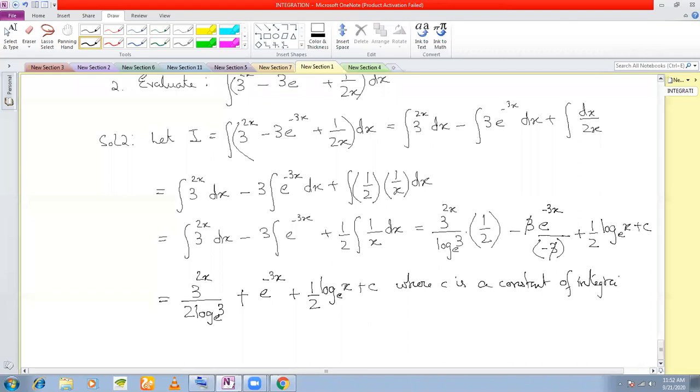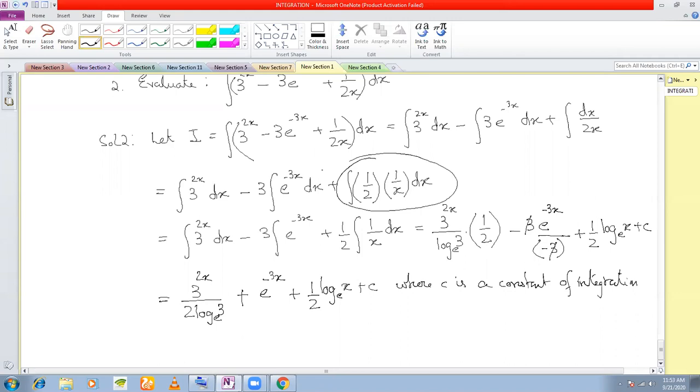Any questions on this problem? Now this step is very important. Please remember this step. Just as in differentiation we are doing, you do the same step in your integration.